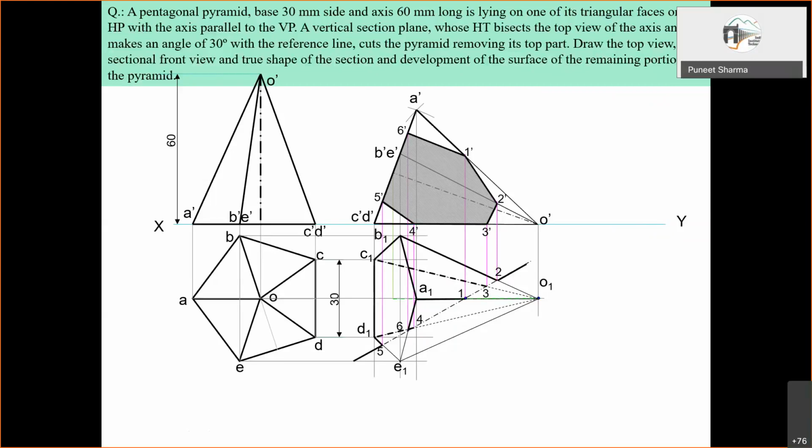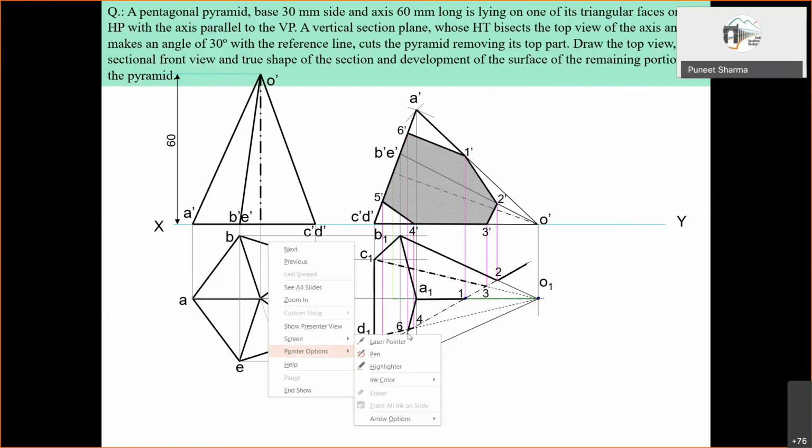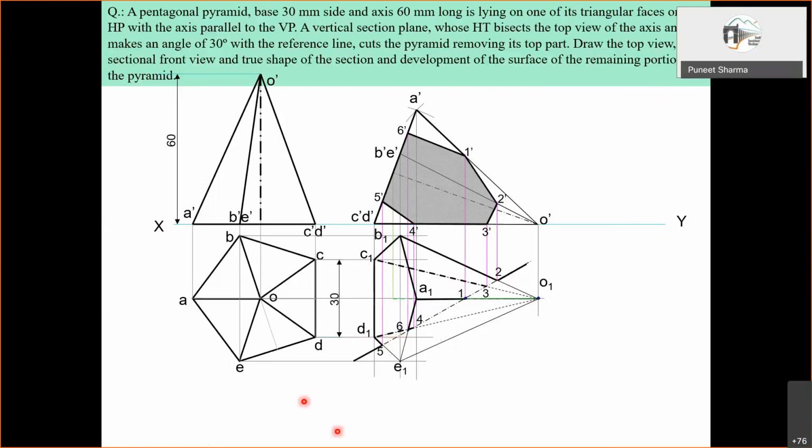And then for the true shape, of course, parallel to this section plane over here, we'll have to choose a plane, right? And then we have to project it. So this is the new XY line parallel to our section plane.